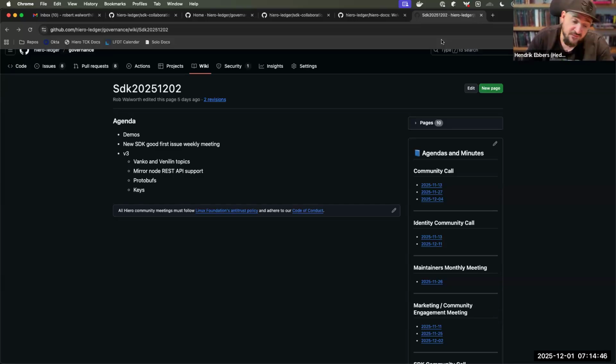And I assume that even means that there will be a period where we will move V3 forward, but also fix things in V2, which is horrible.